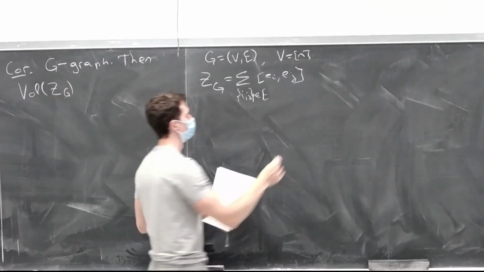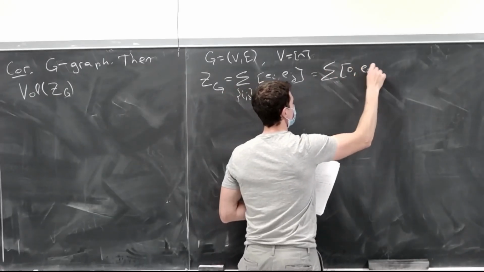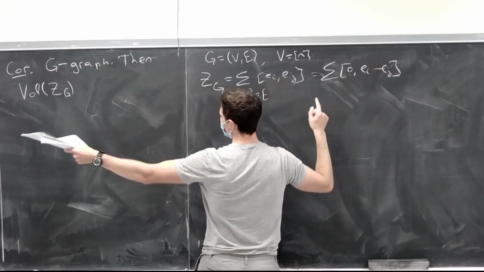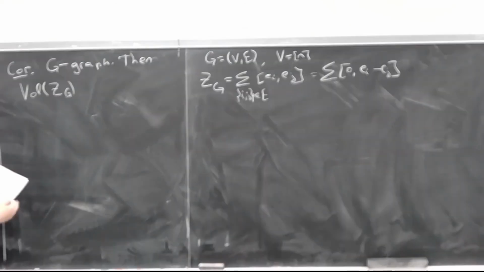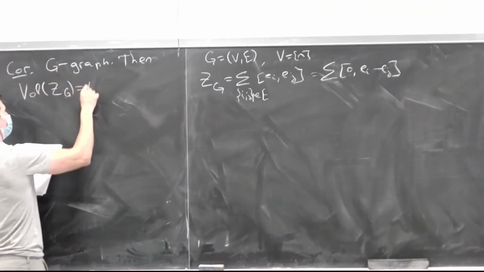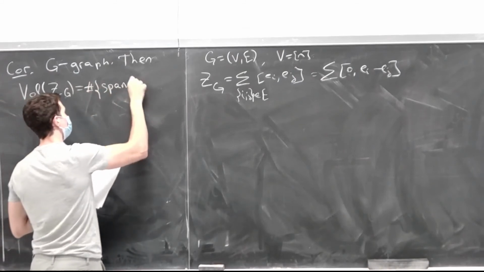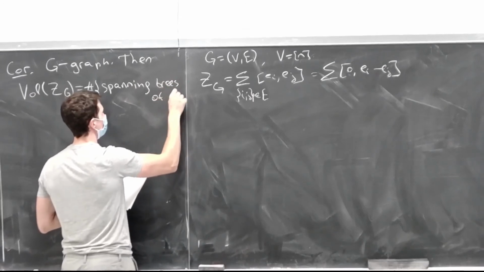Or you can rewrite this sum to be of that form over there, and you still get integer vectors. So the claim is that for any graph, the volume is just the number of spanning trees of G,